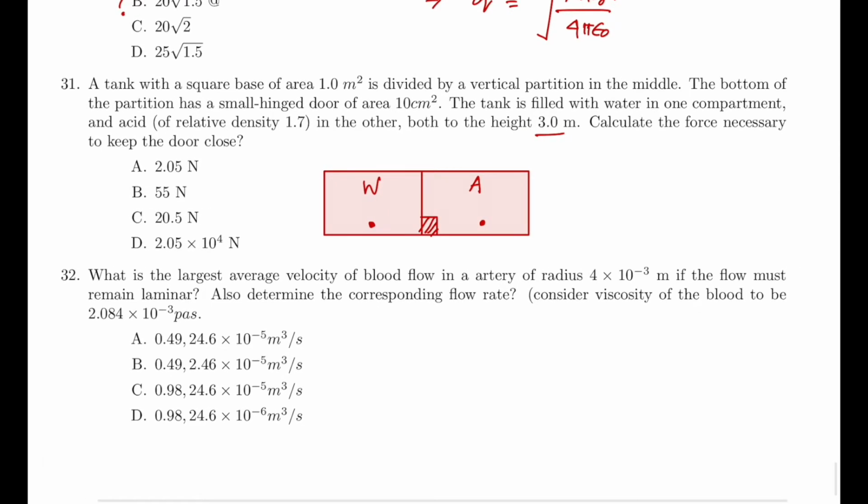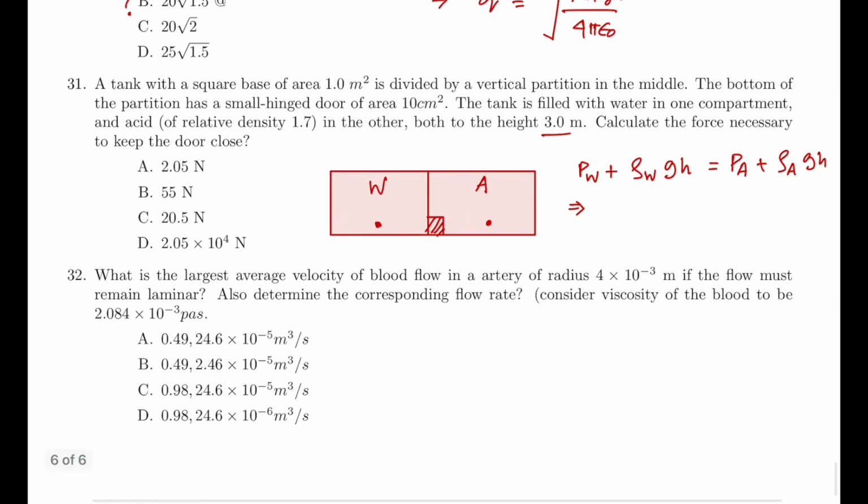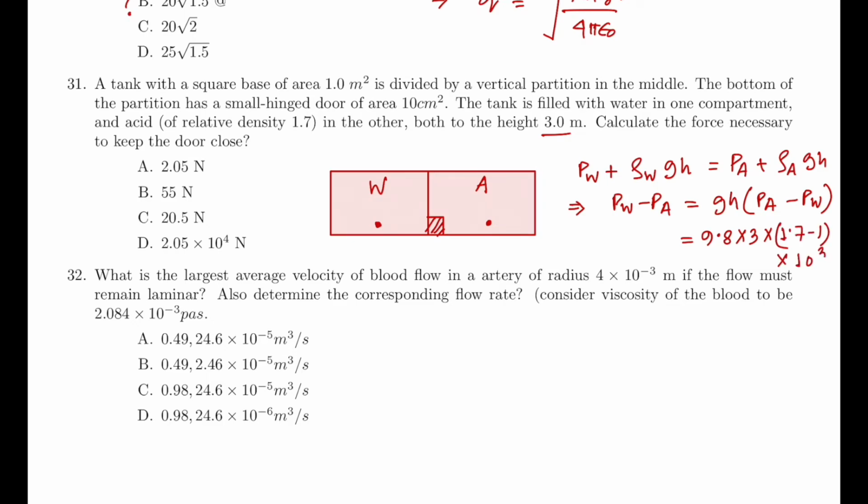Using Bernoulli's formula, P water plus rho water times g into h must be equal to P acid plus rho acid g into h. Now P acid minus P water is g h times (rho acid minus rho water). Now this is 9.8 into 3 into (1.7 minus 1) into 1000,